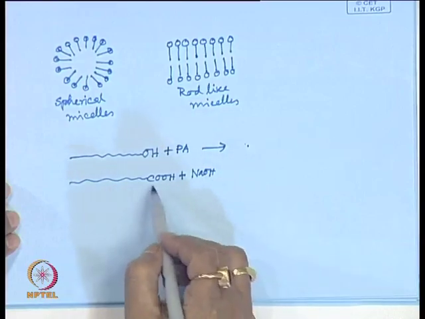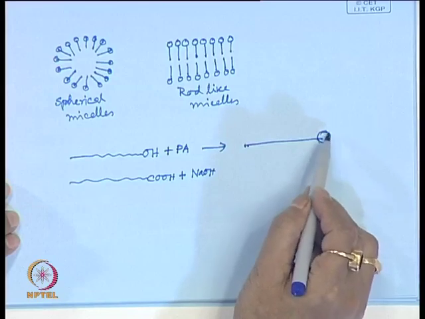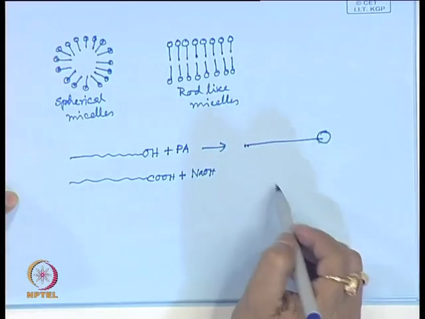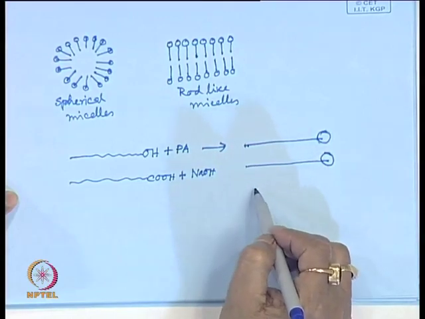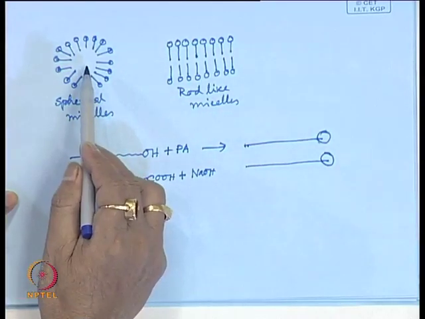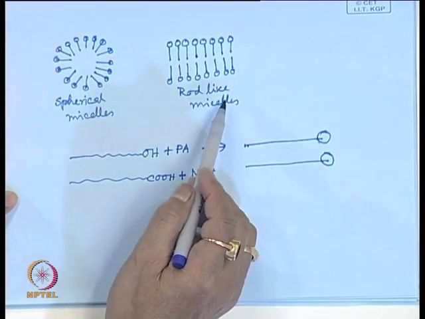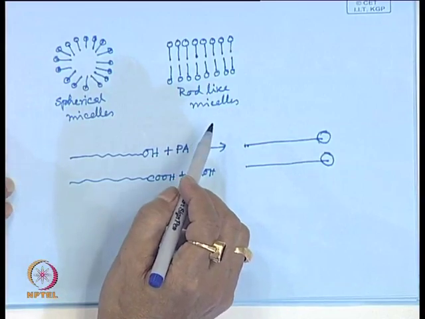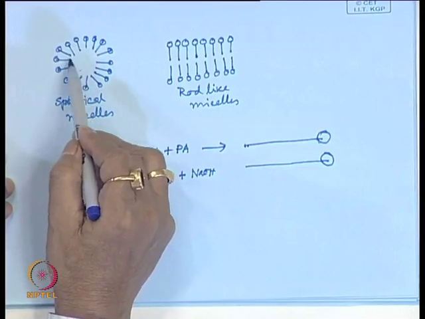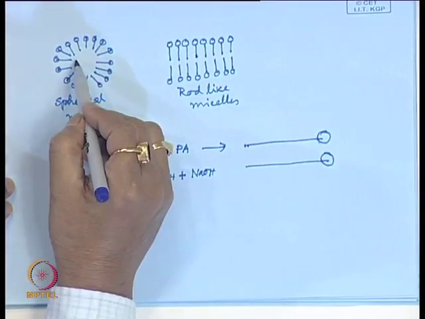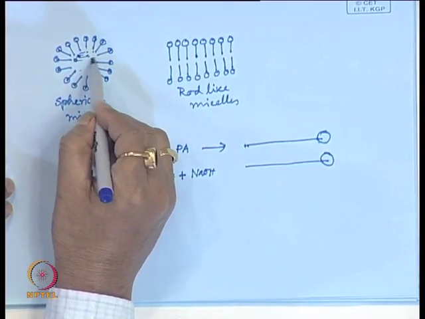So, this ester part will form the polar head, and here this salt part will form the polar head in case of the fatty acid soap. These are used for forming micelles, aggregates, either in spherical form or in rod-like form, or both can be present in the system. What happens, since this is a hydrophilic zone, the core is hydrophobic. So, here this monomer phase can reside